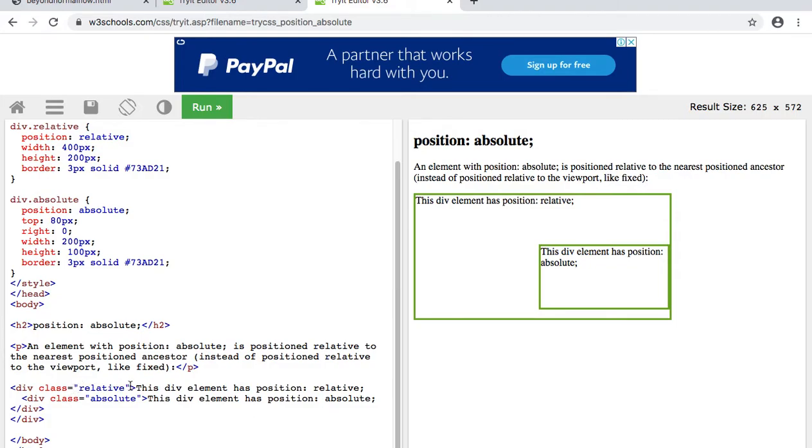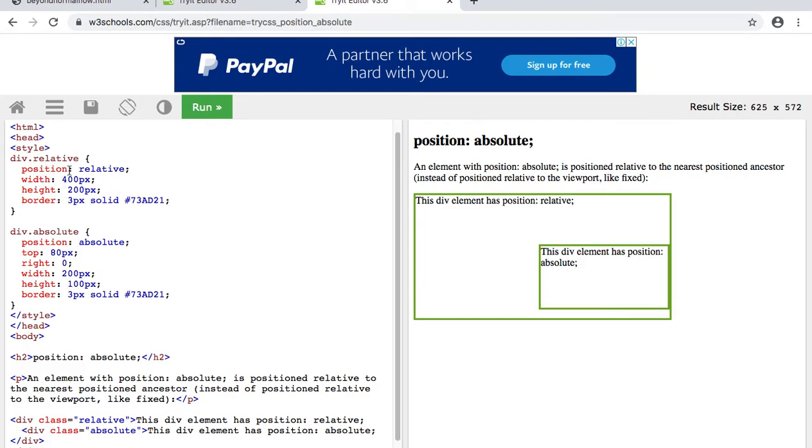Nothing to worry about the names here, relative, absolute or fixed. These are the class names, okay. The first div has the class name relative with some content, and the second div has the class name absolute, and we will see what's defined in these classes.